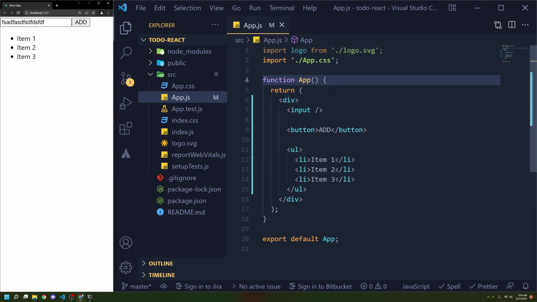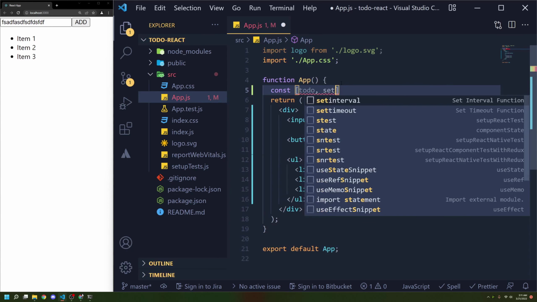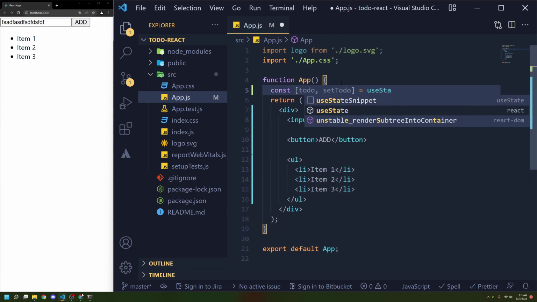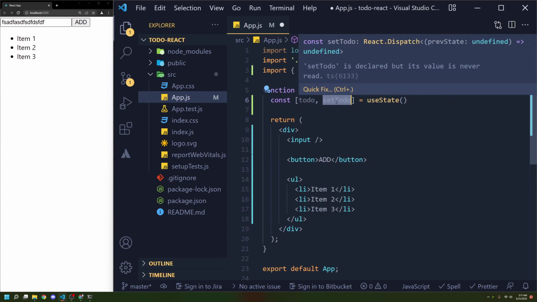Yeah, let's create two states. This is how you would create a state in React. Const todo, set todo. Right, this is a state. We import the useState method or hook from React like this, and this function returns actually an array that contains two values. One is the actual value, the state, and then another value to set that state, actually to update